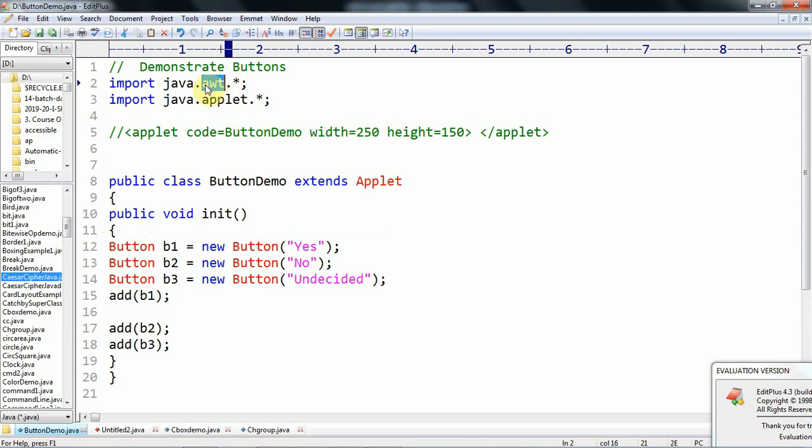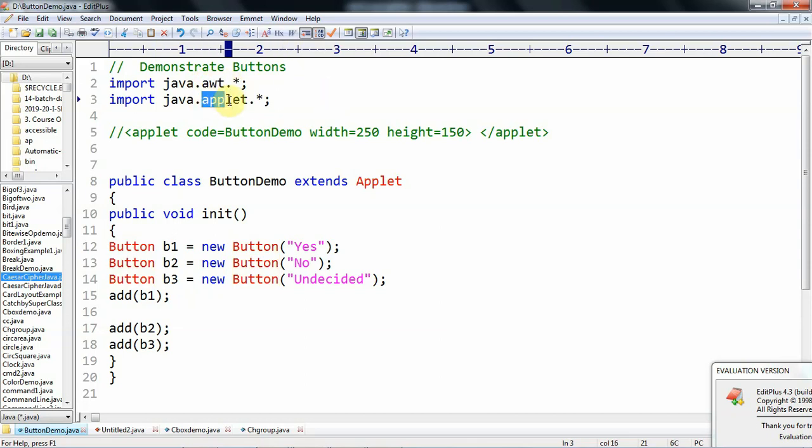That means all the AWT controls or components like labels, push buttons, choice lists are present in the package called AWT. So in this program I am going to use the Button class, so that's why I need to import the AWT package.